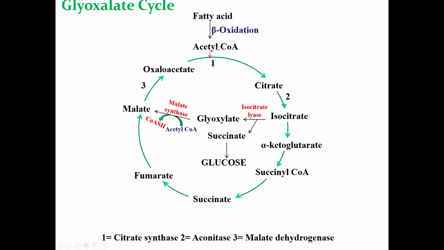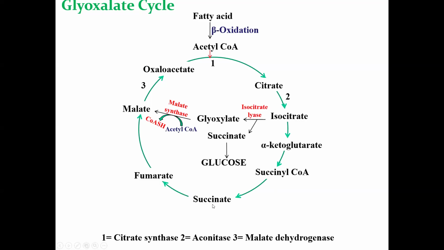This 2 carbon was from acetyl coenzyme A and the 4 carbon from the oxaloacetate. So to travel this pathway, from citrate, isocitrate, alpha ketoglutarate to succinate, in these 5 reactions, 2 carbons are released as carbon dioxide. These 2 carbons released as carbon dioxide are part of the acetyl coenzyme A and not part of the oxaloacetate. The oxaloacetate that contains 4 carbon is now here, so it should be converted